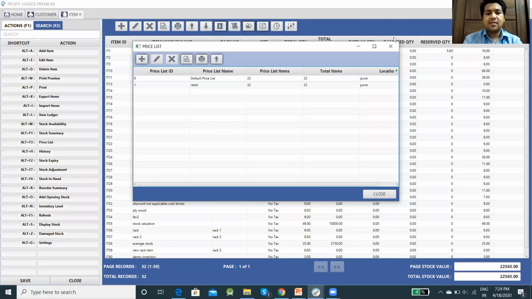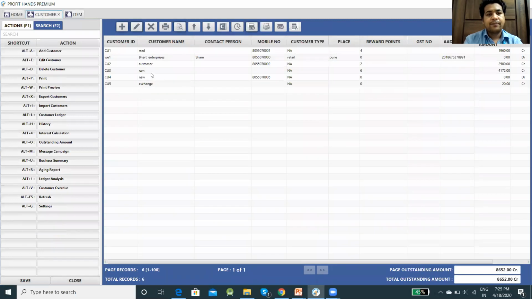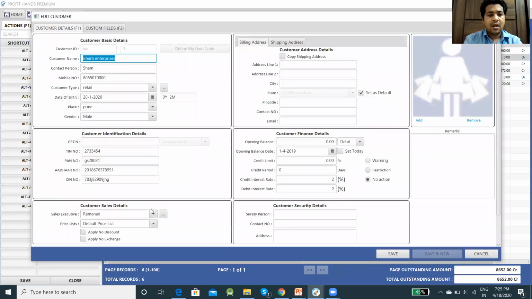So as you can see, I have created one price list with the name retailer. So again, I will go back to customer and I will edit this Bharti Enterprises right now and select retailer over here. So in this way, you can assign a price list to that particular customer.